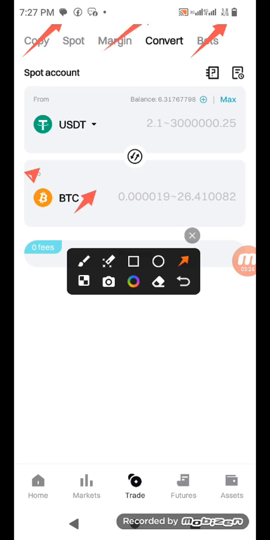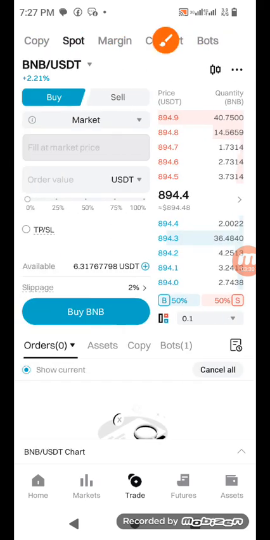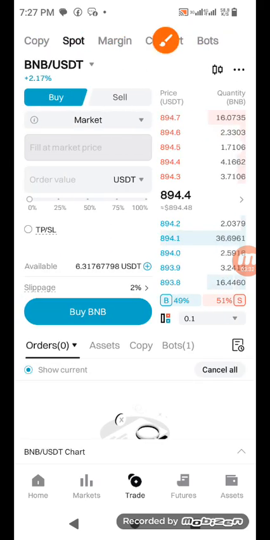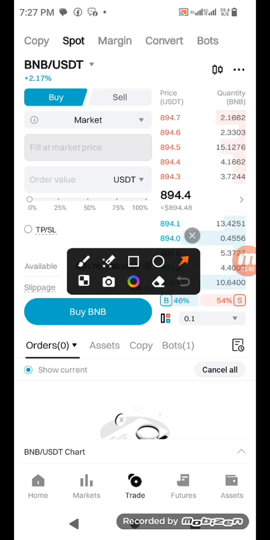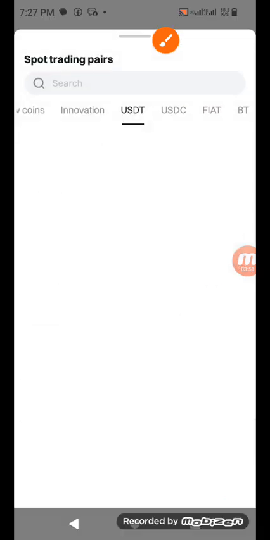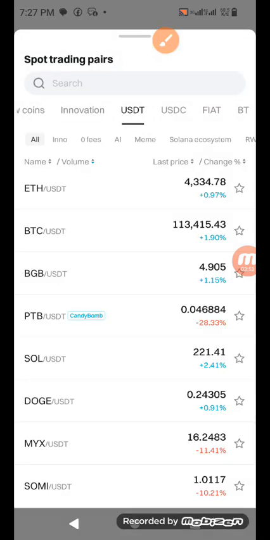Now, you can also go to margin trading. But because I'm not doing conversion or anything, I want to do spot trades, so I'm going to click on that spot. So this is spot trade. This is what spot trade is all about. Now, it is set to trade BNB for USDT, and that is what it says. So I'm going to click on that drop down menu to choose the coin. Remember, I want to do Pi for USDT. So I'm going to click inside that place and choose Pi.